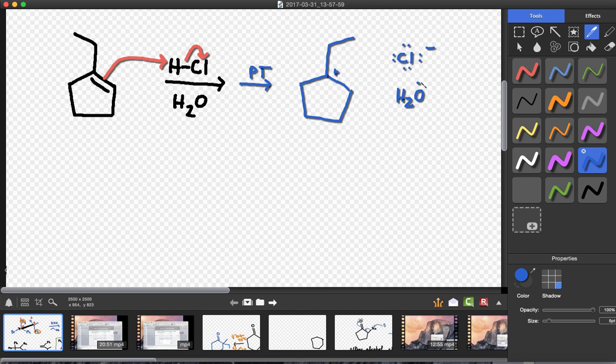This can be very misleading if you don't realize that the stronger base will come from the weaker acid. Cl minus comes from HCl, H2O comes from hydronium. HCl has a pKa of about -7. Hydronium has a pKa of -1.73. That means the conjugate base of the weaker acid is the stronger base and the stronger nucleophile in this case,